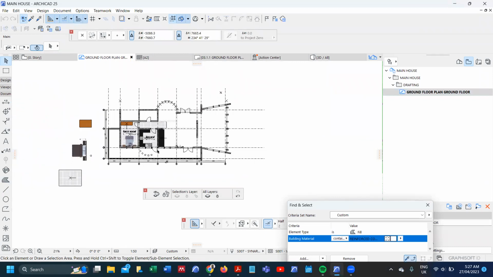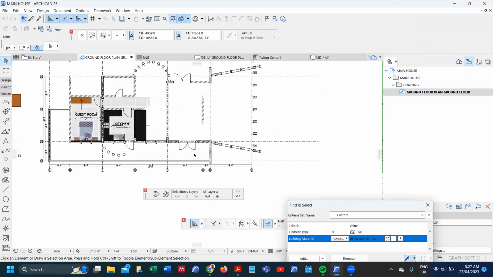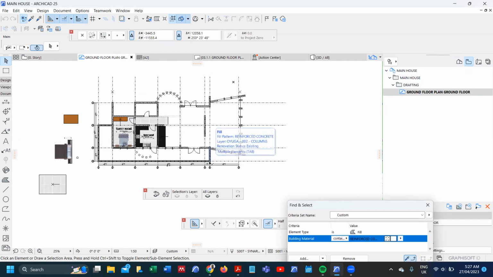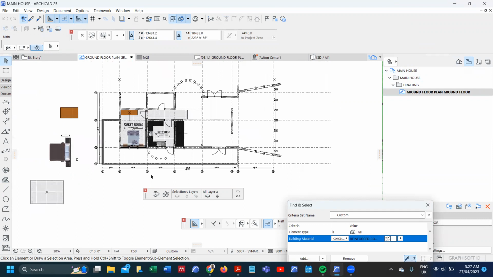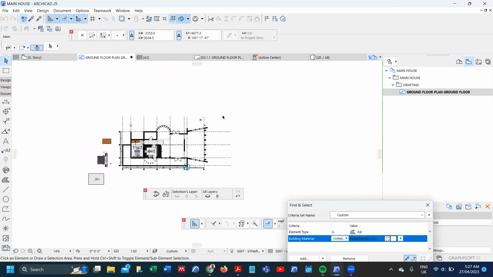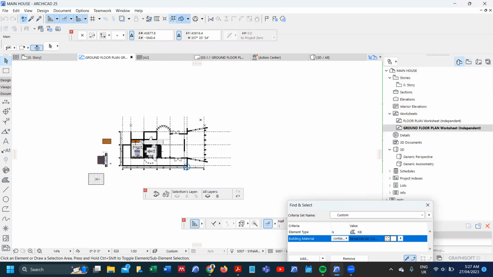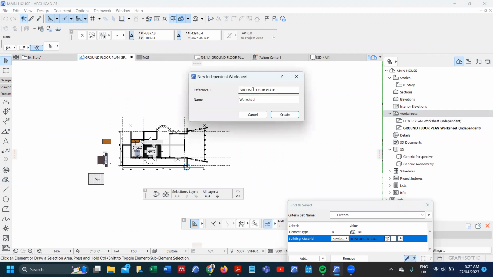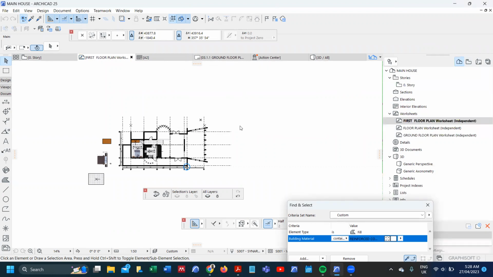Now, I need to create my first floor. And for me, I always insist on each drawing being its own worksheet, just for the sake of clarity. And if you want to go get your drawing, it becomes very easy. So some of us will even just drag a copy and proceed on. For the sake of easy overlaying, I would rather use a different worksheet. So I'll come here and create a new worksheet and call it first floor. This first floor,